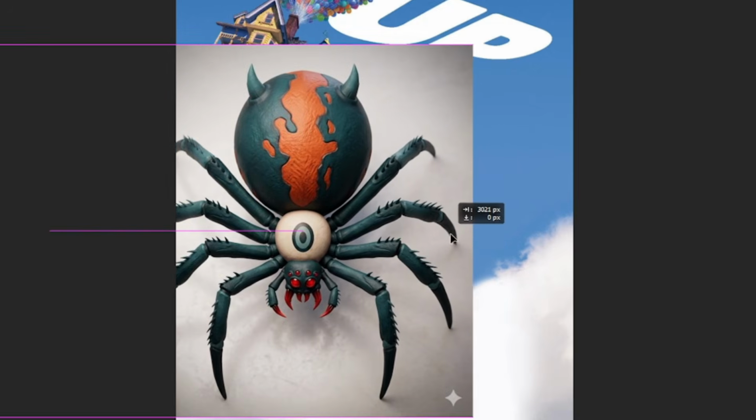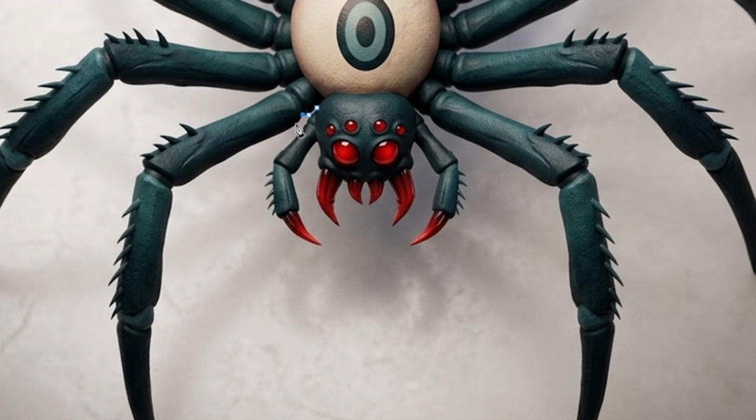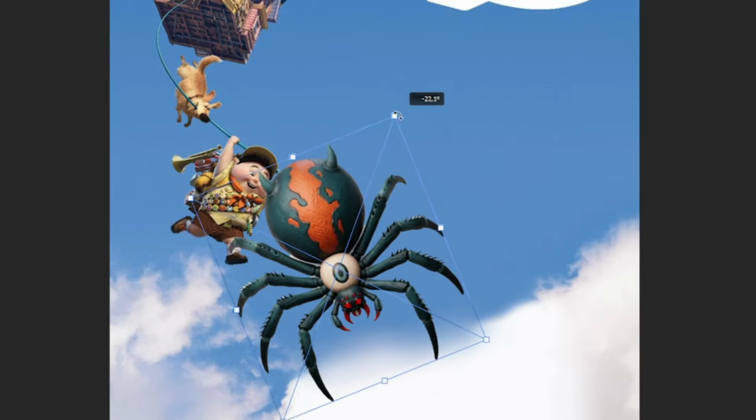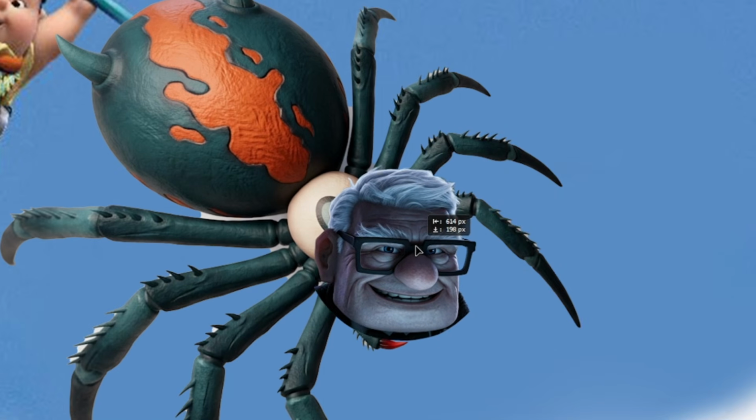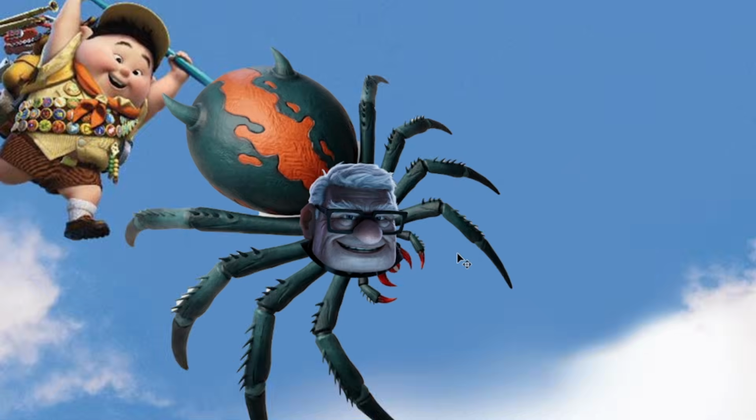It is one of my kind. It's a spider, but not just any spider. It's an 8-legged monster spider. Let's place it right here. Then I'm gonna replace the spider's head with an old man's head, because we need him as the main villain